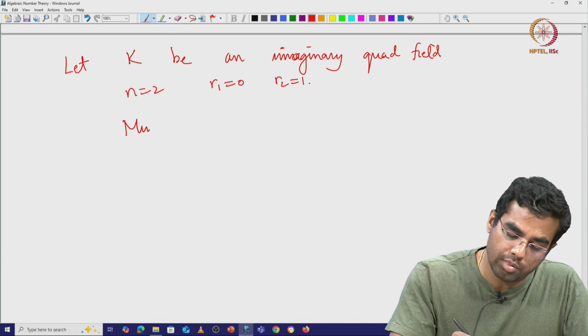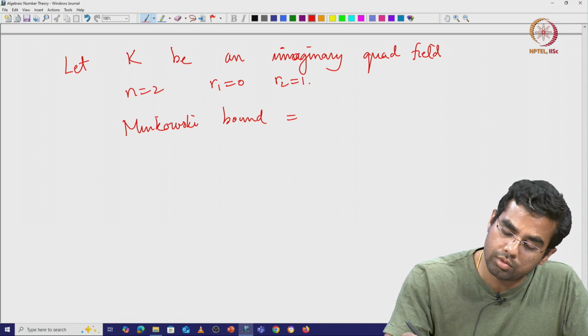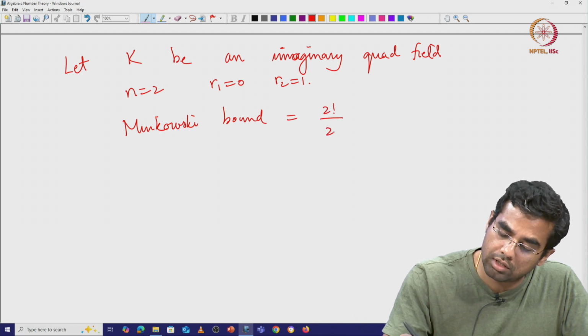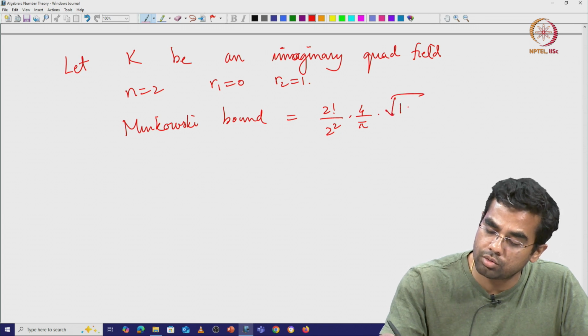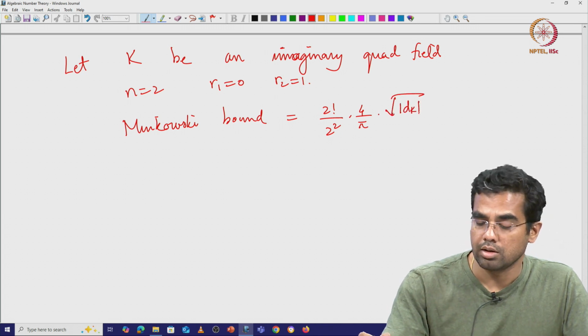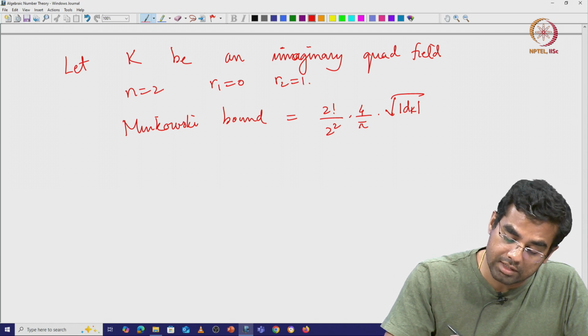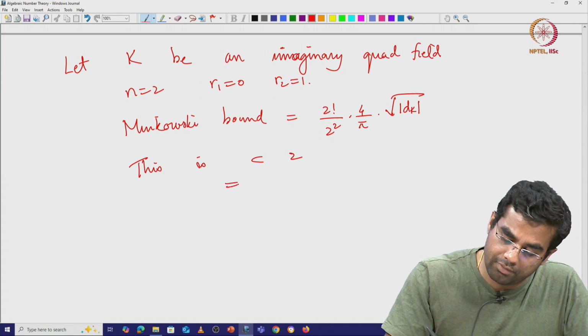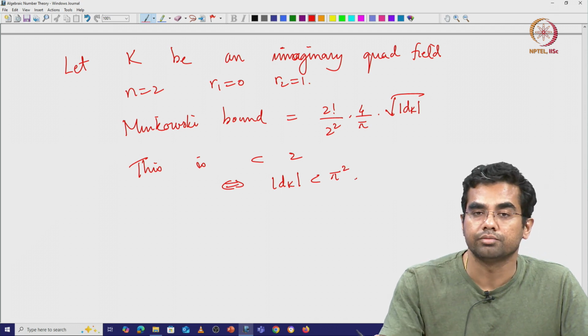Then the Minkowski bound is equal to 2 factorial by 2 square into 4 by pi into square root of mod dk, and I want this to be less than 1. So, this is less than 2 if and only if mod of the discriminant is less than pi square, right,